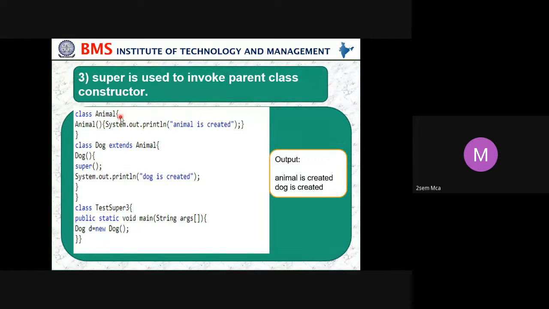So what is a parent class constructor in this program? Animal is a parent class, and in that we have a constructor called Animal. Then System.out.println, animal is created. Then class Dog, Dog is a derived class, extends Animal. So then Dog and super. So Dog is again a